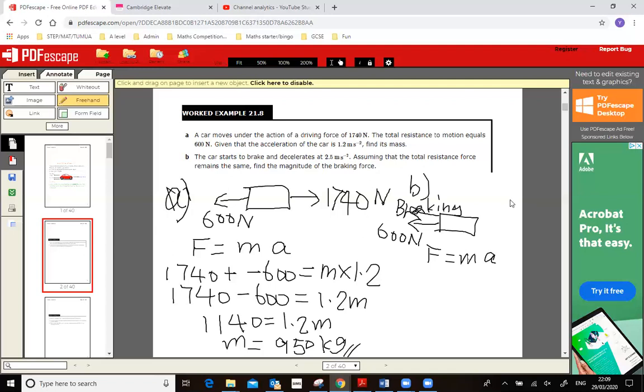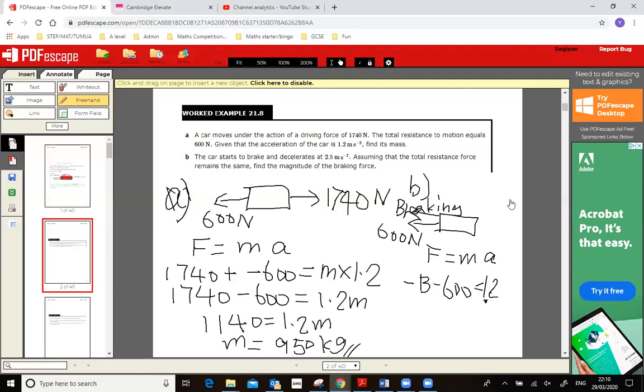So now what is our resultant force? Well, as we said, both the braking force and the 600 Newton are acting in the opposite direction of motion, so both of them will have to be negative. So let's say braking force is B. So we have minus B plus a negative 600, so minus 600, equals to